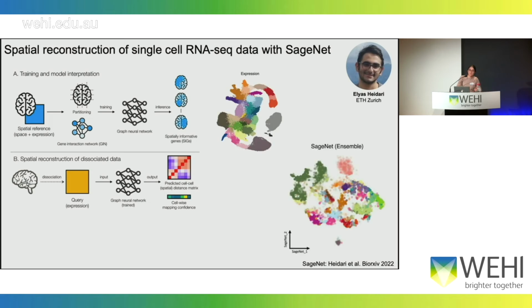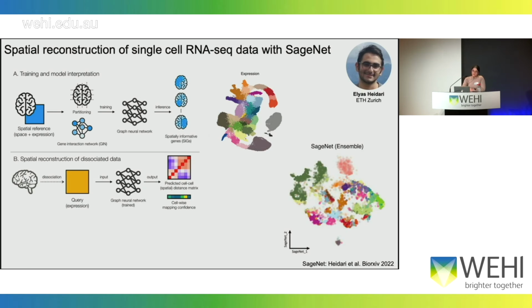And so if we go back to our mouse example, we have our expression plot, but then what we get from SageNet here is a slightly different picture. One thing that's immediately clear is that in the expression UMAP, we have the dark green of the brain very clearly being split out into those forebrain, midbrain, and hindbrain components. And yeah, I think that's quite nice.